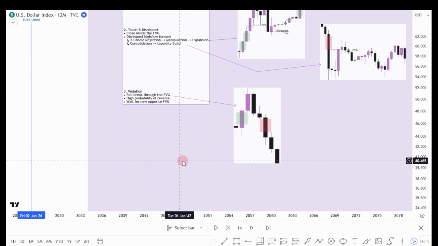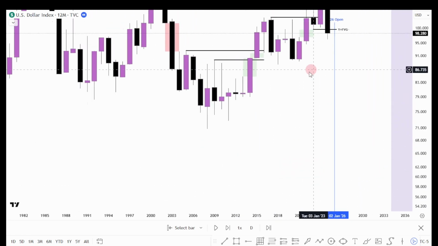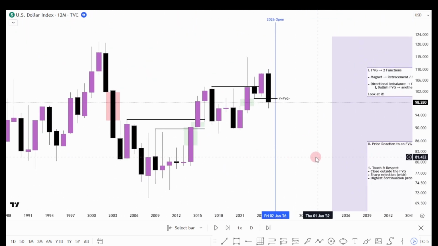Why am I telling you this? Because whether you notice it or not, you'll always be dealing with a fair value gap in your everyday trading. Fair value gaps are one of, if not the most, important element of price action. It's always telling us something we need to know. Whenever it's newly created, when it holds, when it's disrespected,